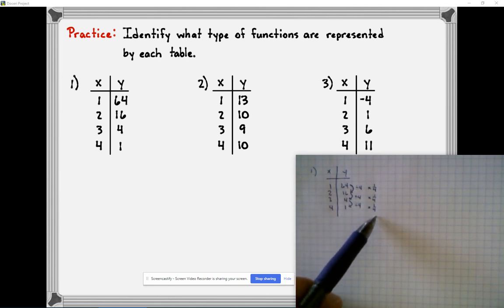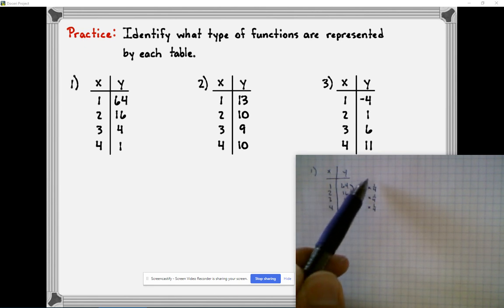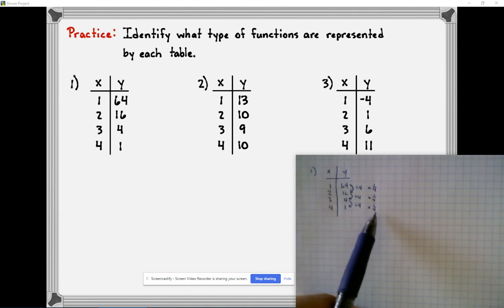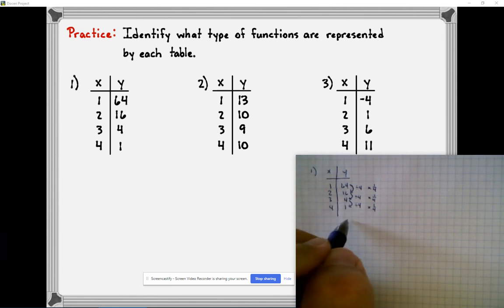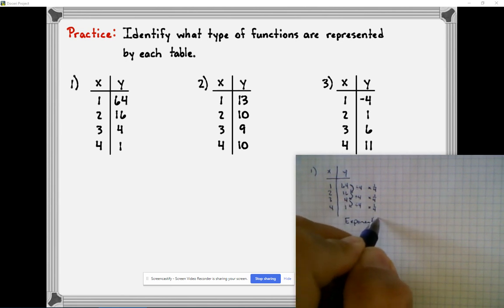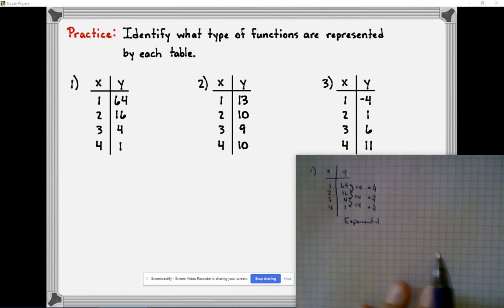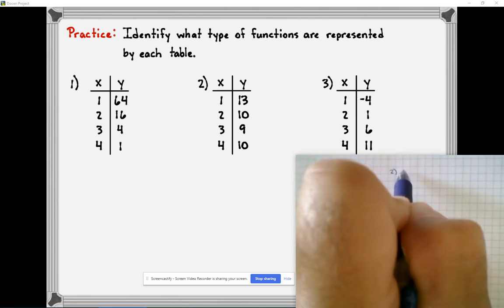So you can see here that to get from one step to the next, it's a matter of multiplication by a constant value or a constant number. This constant just happens to be a fraction. Don't get freaked out by that. That's just a reality. So this is going to be an exponential function because we are multiplying by a constant value. All right, for number two,